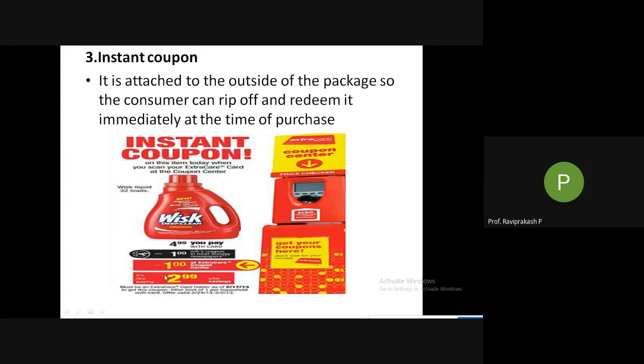Here, if they say get your coupon here, there's a product here, they'll tear it and give it, and there could be a maximum of up to $3 here, $2.99, here $1, here also $1 on different products. So there is a mark here to cut it and give it to them. Even they will keep it because they need to show it to the manufacturer, stating that this many products have given discounts, and they'll redeem it from the manufacturers. So this is an instant coupon.